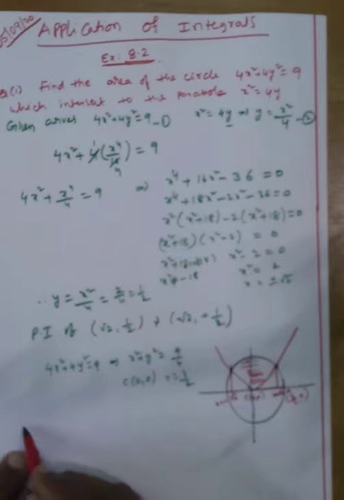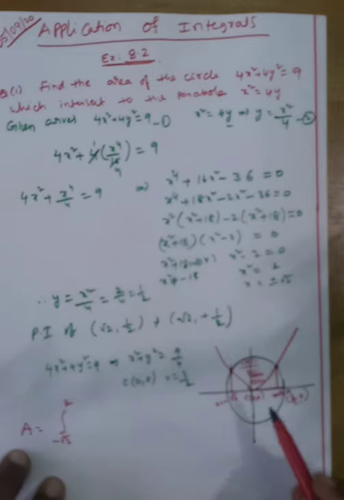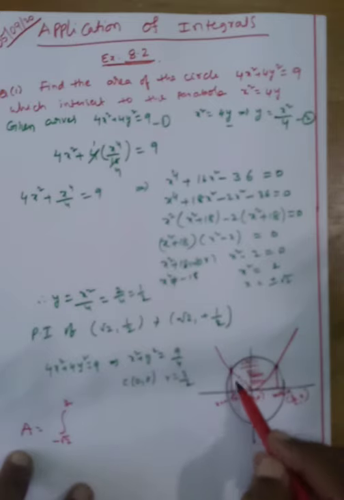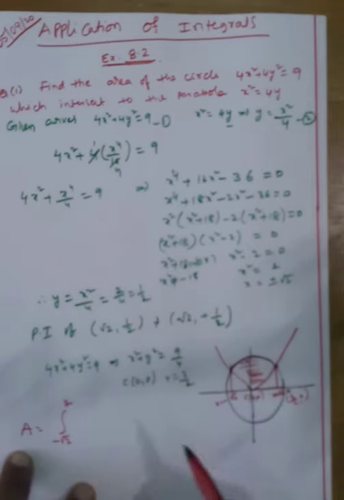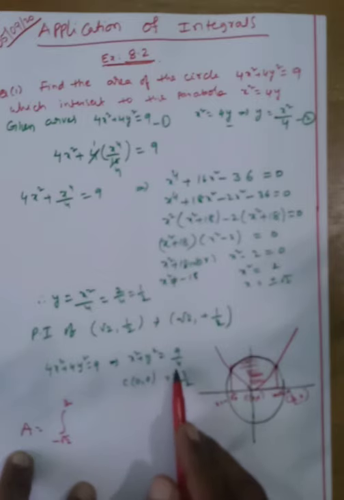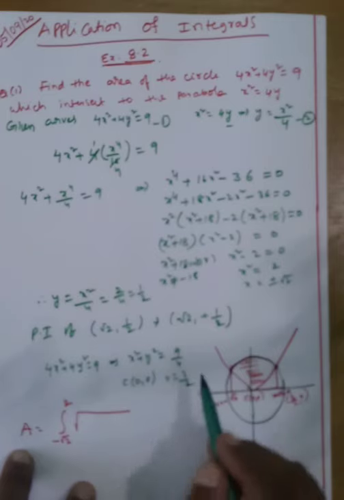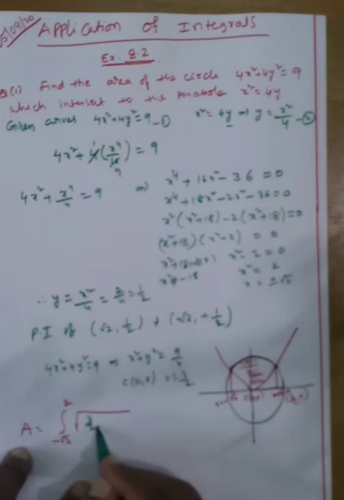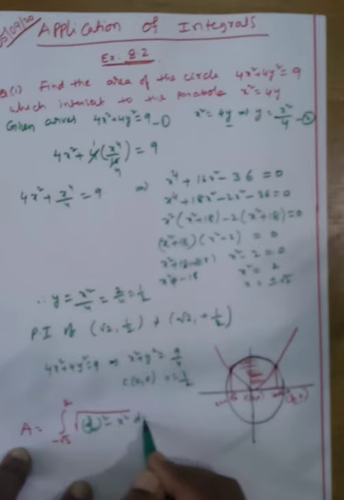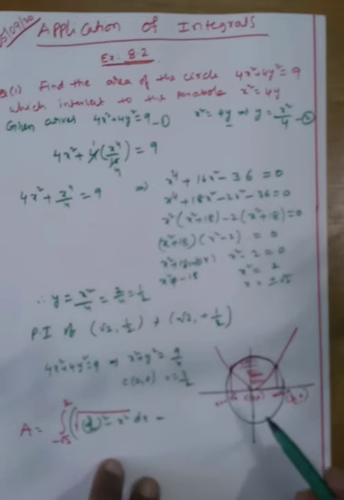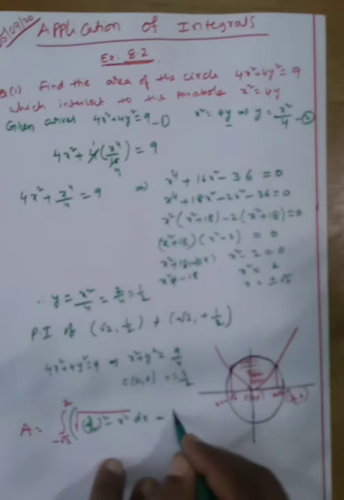Now write the area. A is equal to the integral from minus root 2 to root 2. Actually from here to here is the same. This is 100% an even function. What about the upper curve? This is the upper curve. The upper curve is a circle. The circle gives y square equals 9 by 4 minus x square, so y is root over 9 by 4 minus x square. 9 by 4 means 3 by 2 whole square, so root over (3 by 2) whole square minus x square dx. This is the upper curve minus the lower curve. What is the lower curve? The y value here also, x square by 4 dx.